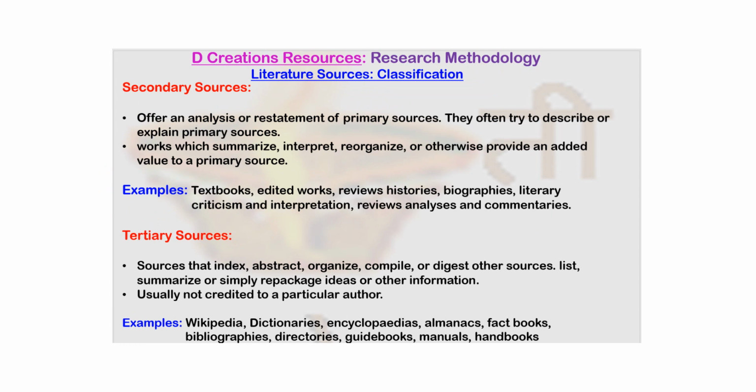So such reviews are of course the secondary source, because here they are analyzing or restating whatever they have come across in primary sources. So they are trying to describe that or explain that in order to write whatever review they are writing. For example, they are making use of these primary sources. So they could be summarizing it, or they would reorganize it, etc. And of course, when they are analyzing it, they would combine some primary sources and make some statements. So there could be some added value to that. So review articles, as I said, are examples of this.